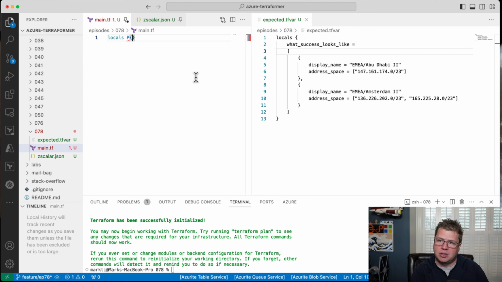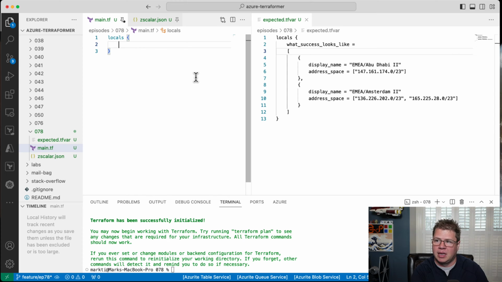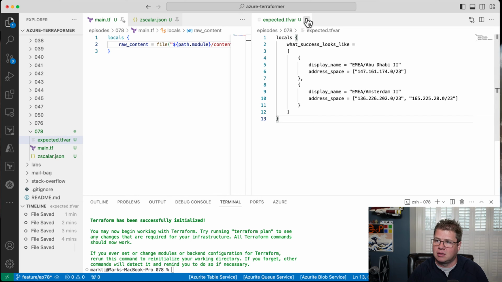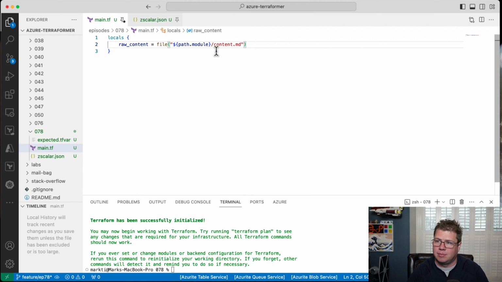So I can do that just by declaring a local and saying raw content equals file, and then we're just going to pull my... it looks like GitHub Copilot is trying to help me out and failing miserably. I don't want content.md. I want